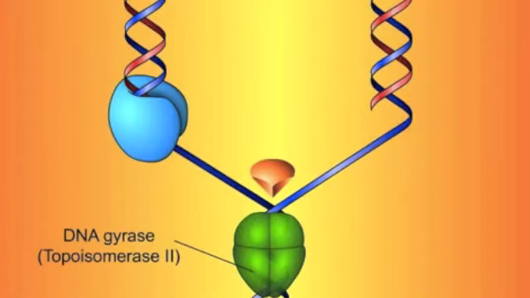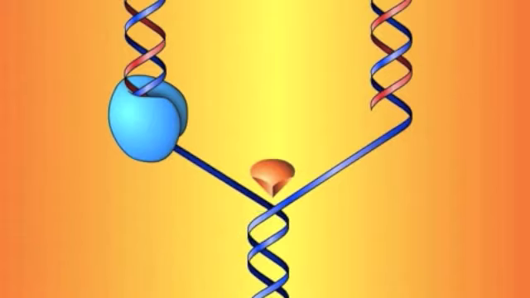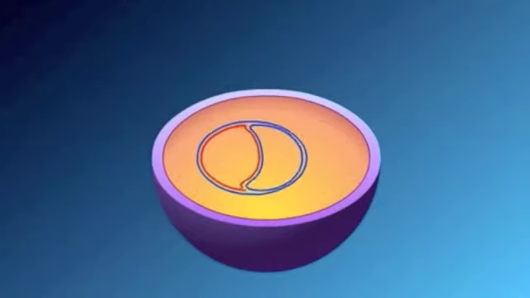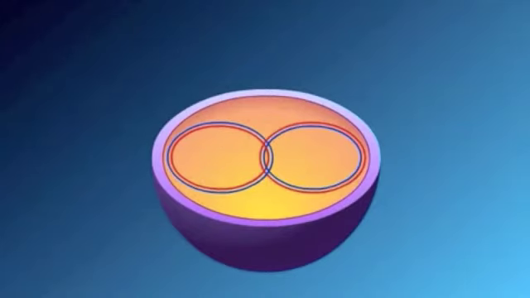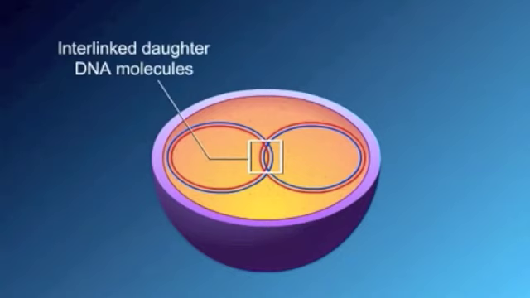With the combined involvement of these enzymes, an entire duplicate copy of the bacterial genome is produced as the two replication forks move in opposite directions around the circular DNA genome. Eventually, as the two replication forks meet, two new complete chromosomes have been made, each consisting of one old and one new strand of DNA. This is referred to as semi-conservative replication. In order to allow the two new